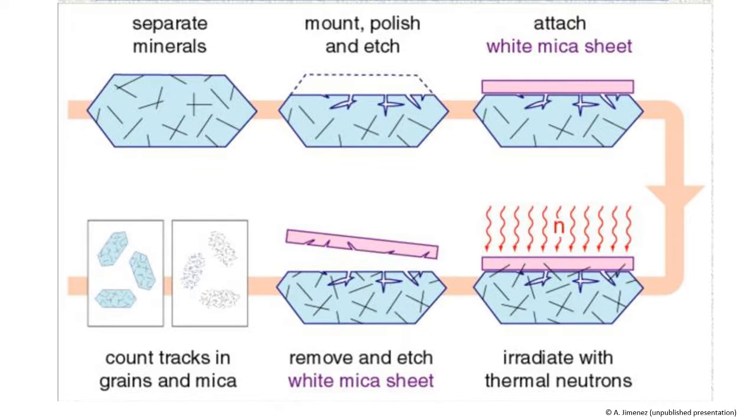We will then remove the mica sheet, and as you can see in the last picture here, we can compare things side by side. On the left-hand side, we have the original crystals, but now the crystals have been double scarred up. They have the original scars from the spontaneous fission, but also scars produced from the induced fission that we just had. On the right side, you can see the mica sheet actually preserves just the scarring from the induced fission. So we can compare and contrast the two to get an idea of how much uranium is in it.